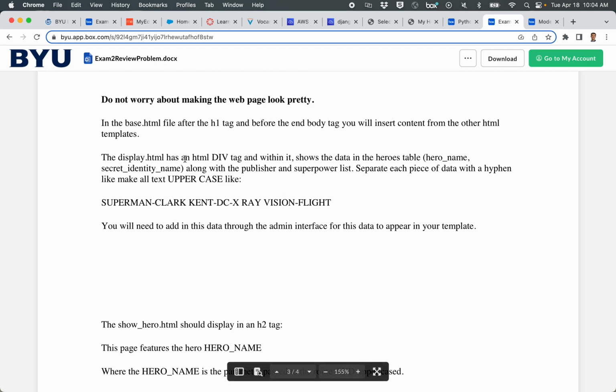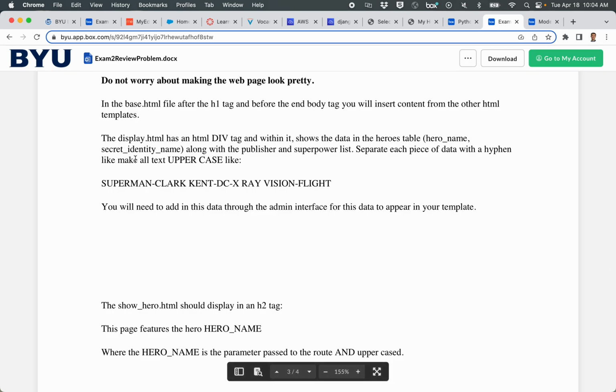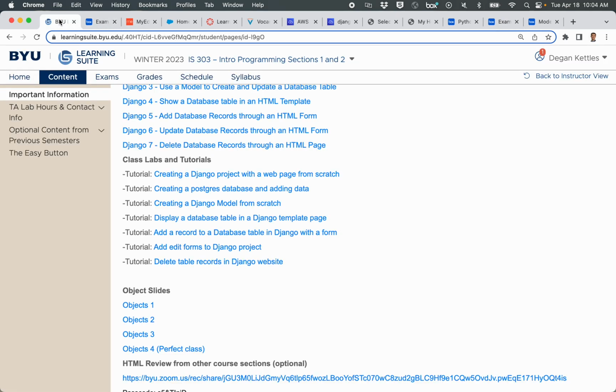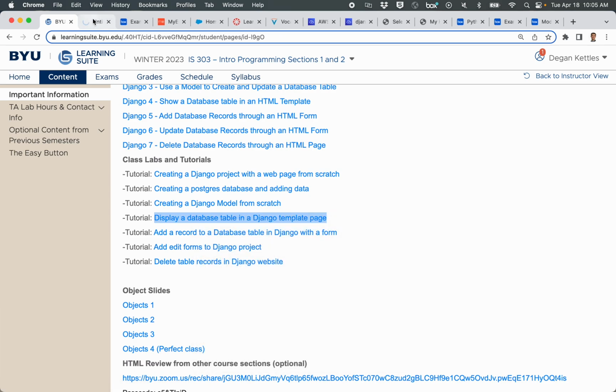All right, so now we're ready to actually start doing some super useful things. We've got our display.html page. And so we need to figure out, okay, how is it that we actually display info from a table in a page? All right, so again, if you're in my class, you know that there is a tutorial that says display a database table in a template page. So we open that up,